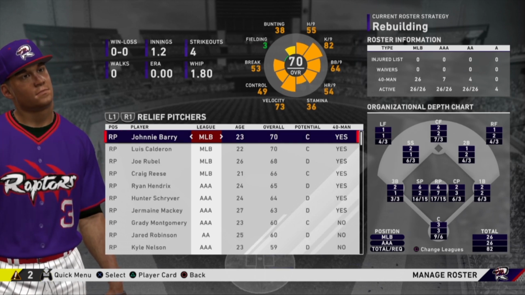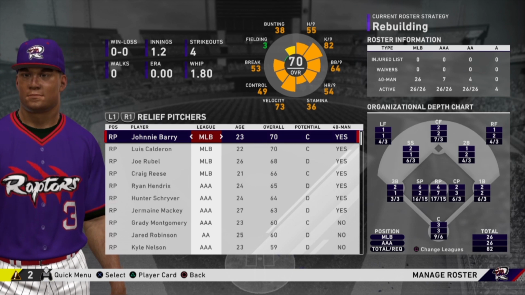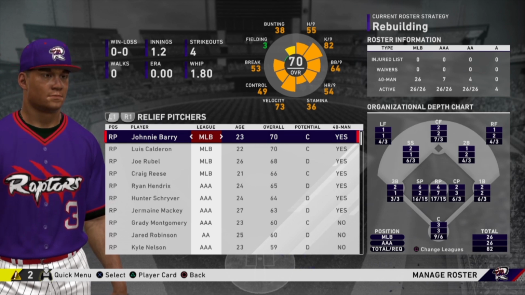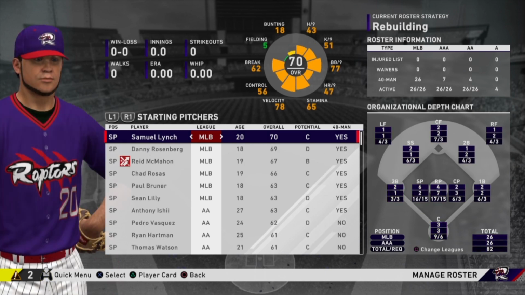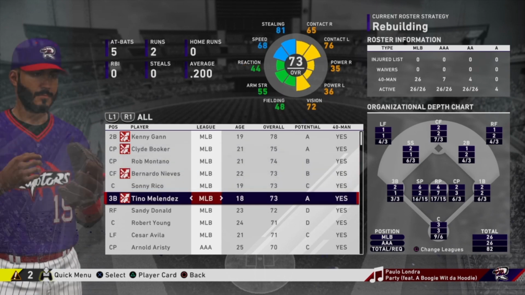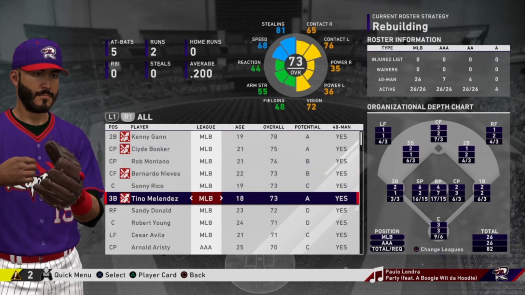So I was able to get a lot of closers with decent overalls a bit later in the draft than one person might expect. This first season I'm probably going to have to rely on my starting pitchers to get me about 4 or 5, maybe 6 innings, and then just heavily rely on my bullpen for the last 3-4 innings of a game. The last prospect I'm really excited about is a third baseman by the name of Tino